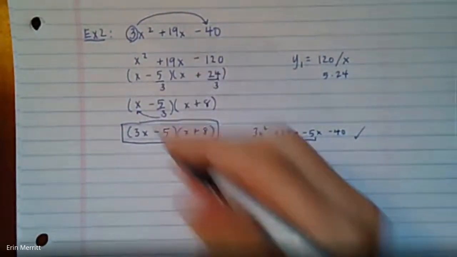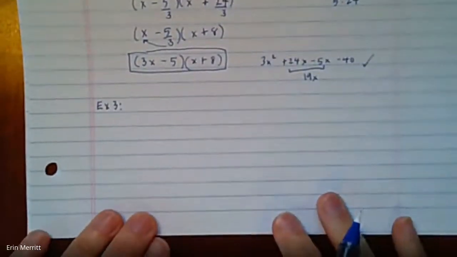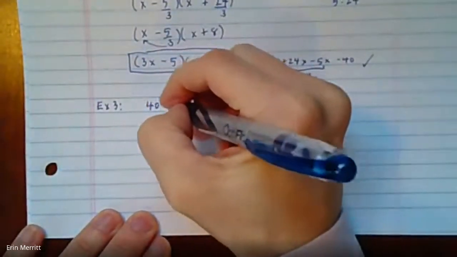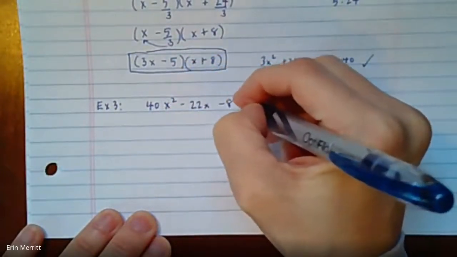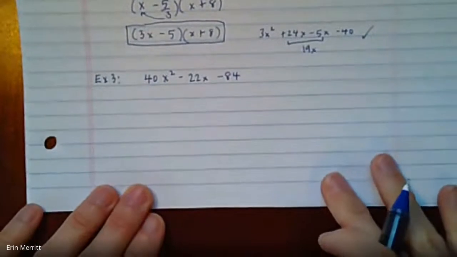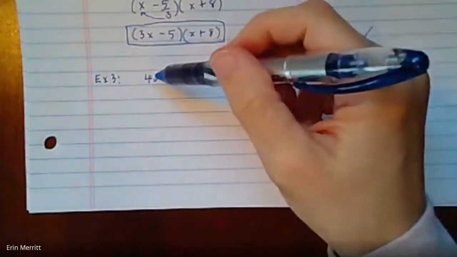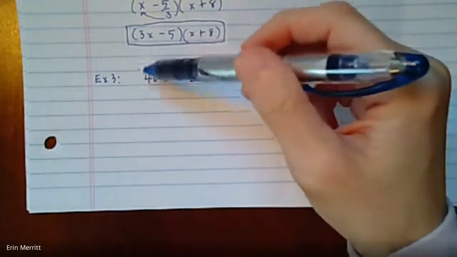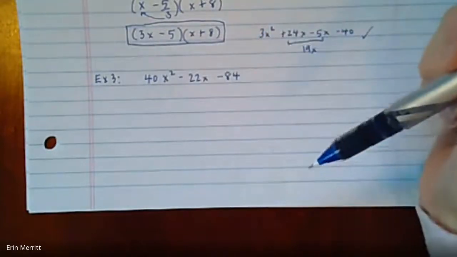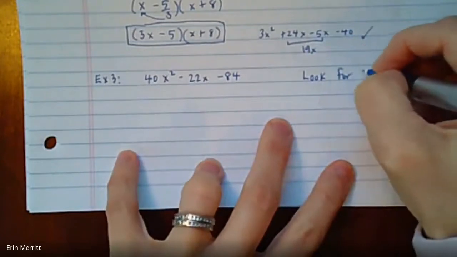All right, let's do one last one. So if we slide it on up, this one, I'm going to use 40x squared minus 22x minus 84. Oh, good and messy one here. Okay, something to keep in mind before you just immediately slip on over. Don't forget, whenever there's a leading term out front, it could be that you just have a GCF. So I'm going to write you that little note to look for a GCF